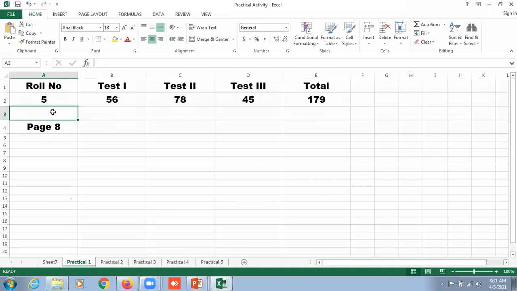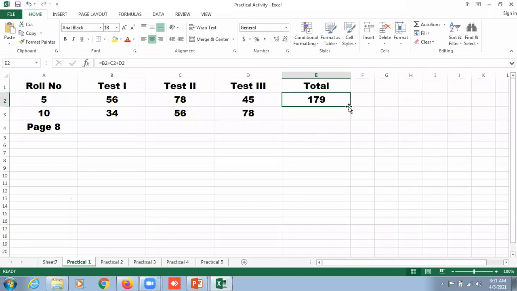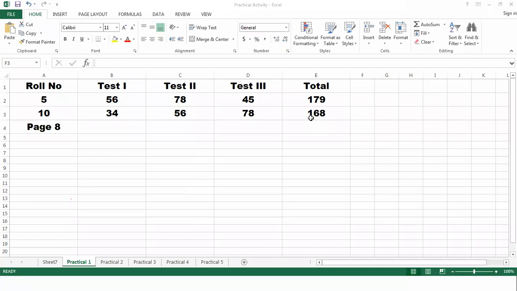Now if I want to enter one more piece of information, okay, I have inserted one more data row, and if you want to copy that cell, there is no need. We move the pointer towards the bottom corner of that cell. The cursor or pointer is converted into a plus, and then we drag this. Automatically the formula is applied here. You will get the formula here.